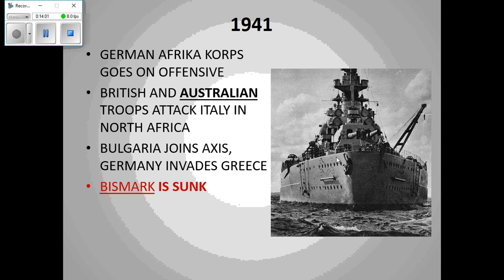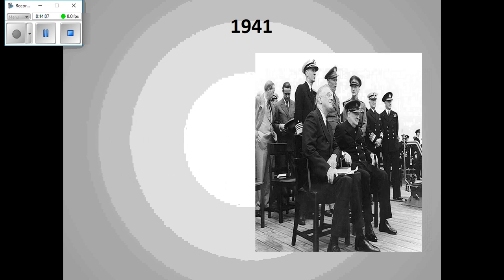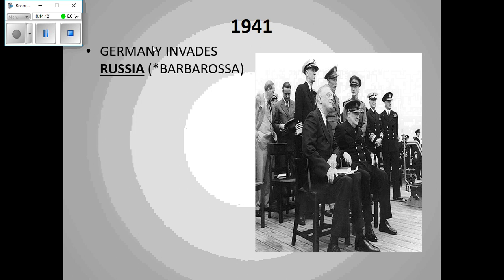And this is going to make Hitler lose his focus on Great Britain. At this point, he's going to say, all right, with Great Britain, let's go to the next thing. So what's the next thing? Well, the next thing is, hey, it's time to go after Russia. Even though they signed a secret agreement with Russia, the non-aggression pact, Hitler's going to say heck with that, and he's going to invade Russia. This is called Operation Barbarossa. So the German invasion of Russia, Operation Barbarossa, here he goes.